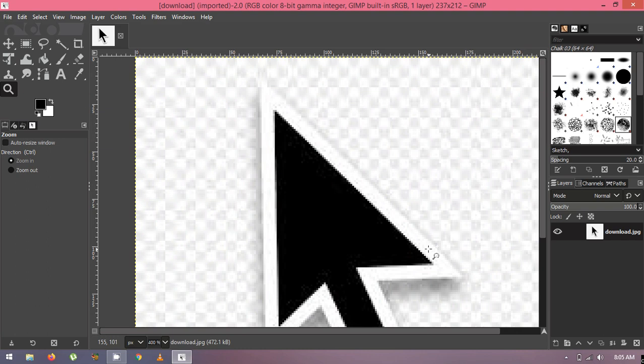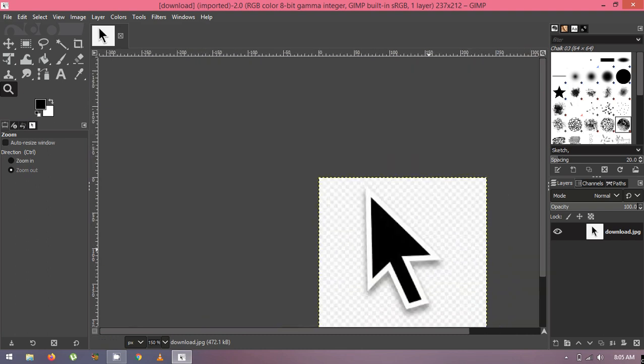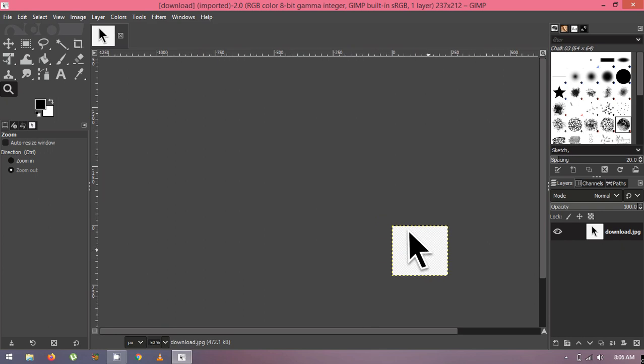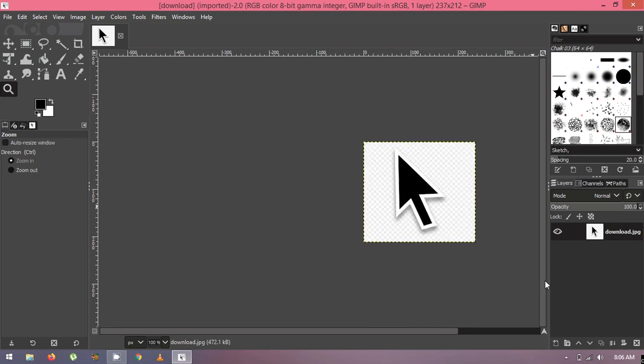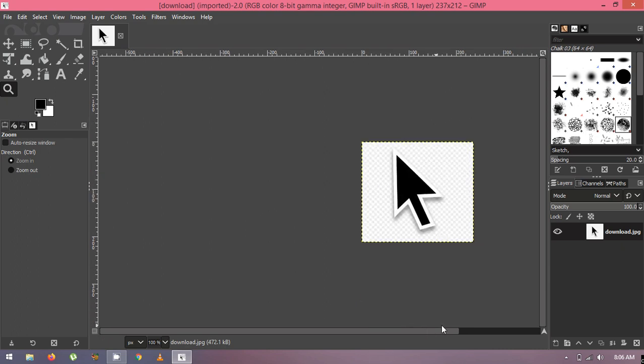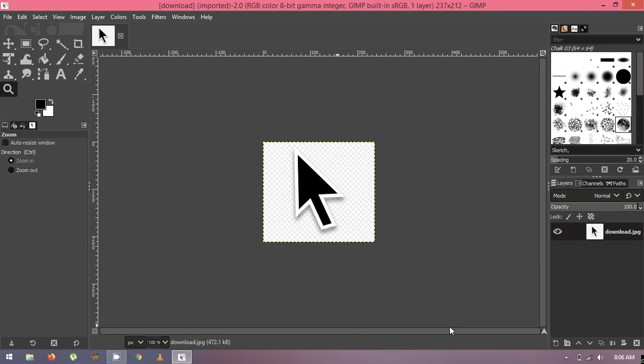How you can do that? For this you need to press the control key and click on the image. So I'm pressing the control key and clicking onto the image to zoom out it or to the smaller size of the picture. So this is how you can use your zoom tool for zoom in and zoom out.